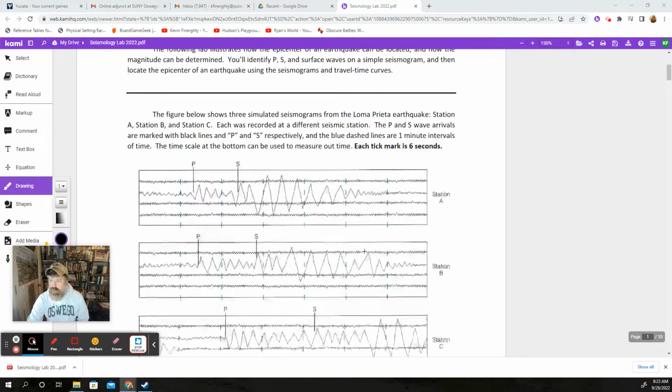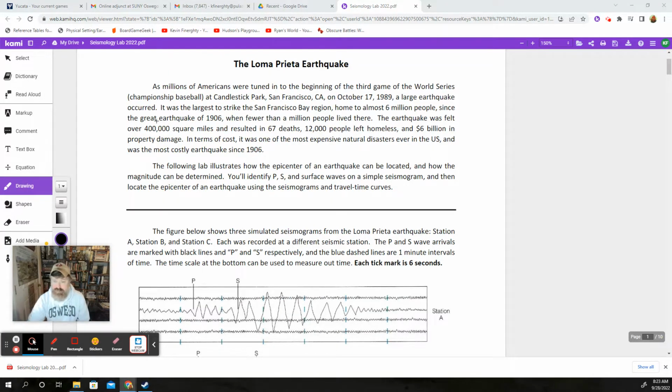Welcome to Geology. Let's look at this earthquake in San Francisco that took place during the World Series in 1989 and was broadcast live on TV. It was just before the game started. People were mostly in the stadiums. In fact, they attribute that to what might have been a worse disaster because it was an unusual thing. It was San Francisco playing Oakland, two towns right across a bridge from each other. So a lot of people were either at the game or ready to watch the game, and that may have decreased volume on some of the highways. That may have saved some lives.